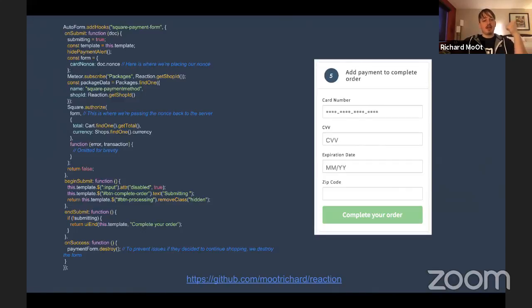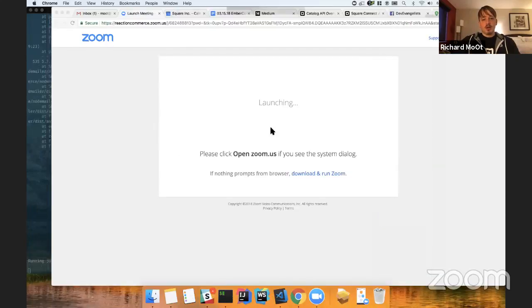I think to take it a step further, it would be really great to do a catalog sync with our backend. My ideal scenario is somebody who already has a Square store, who already has a catalog and items, but they want to go online. Ideally there would be a plugin, and I want to work with developers to help flesh that out, so that they could just spin up a Reaction Commerce store. It syncs all of their items in their catalog, and then they can start selling right away.